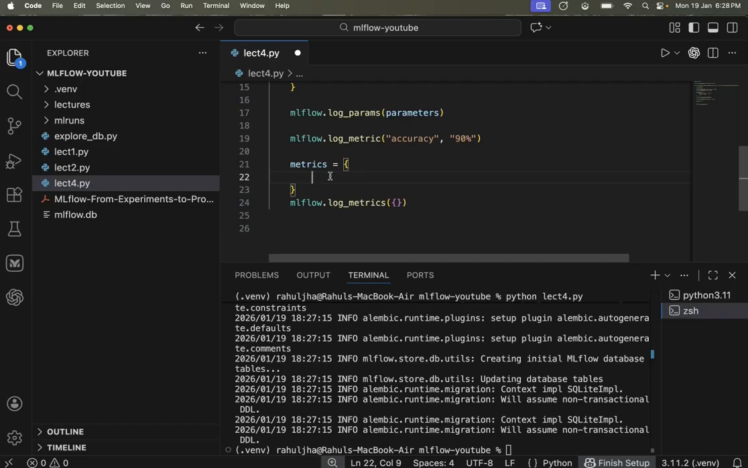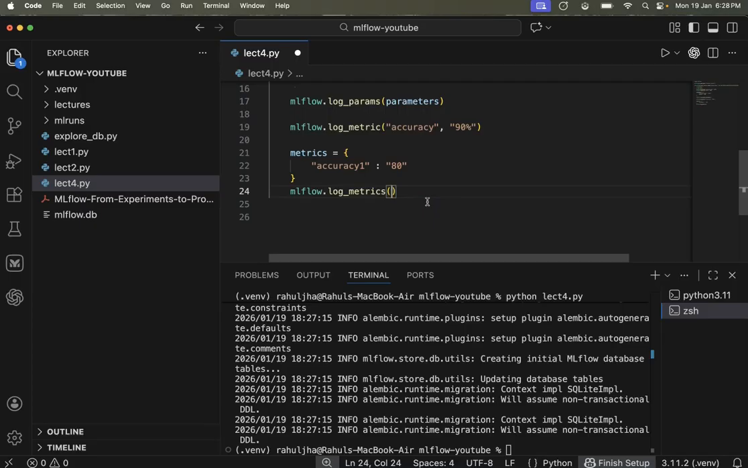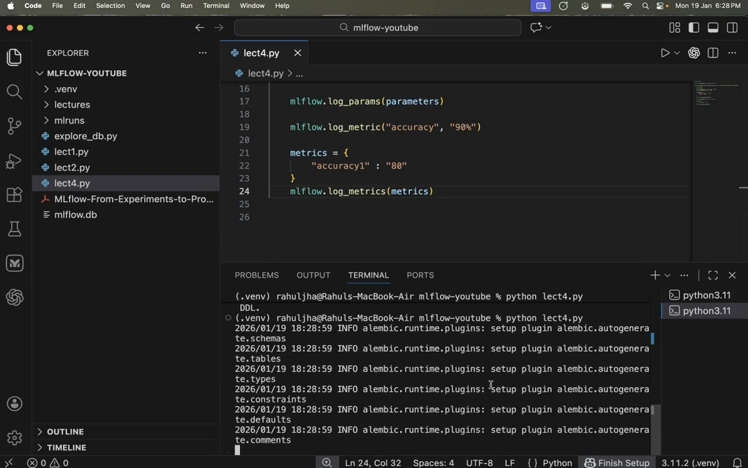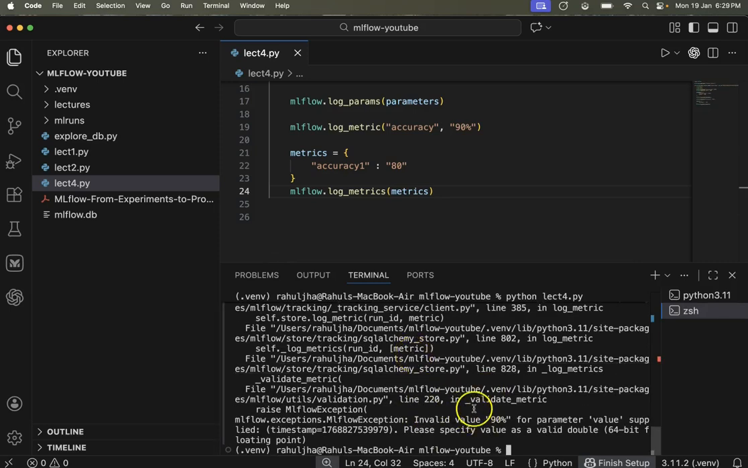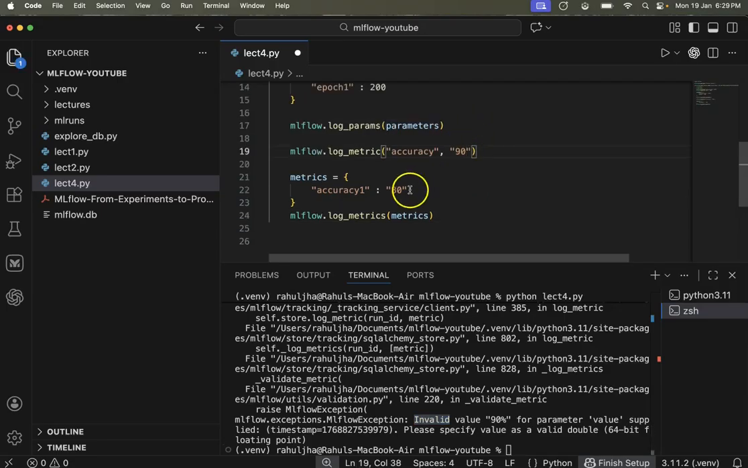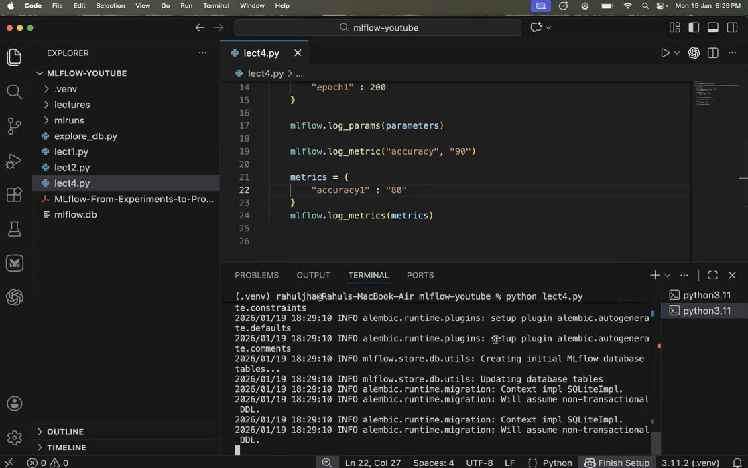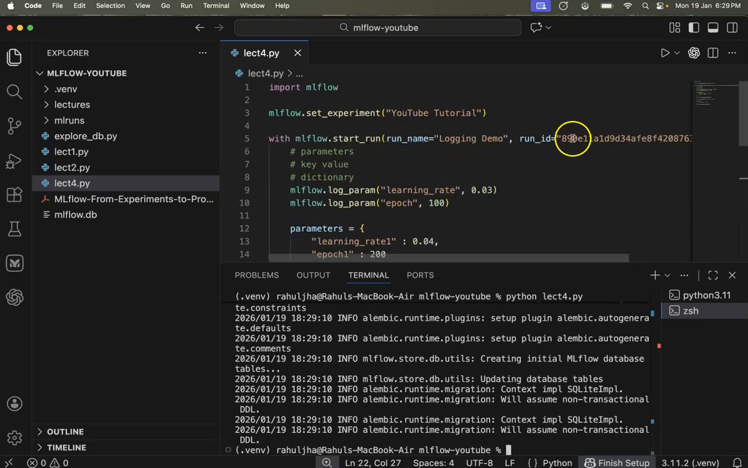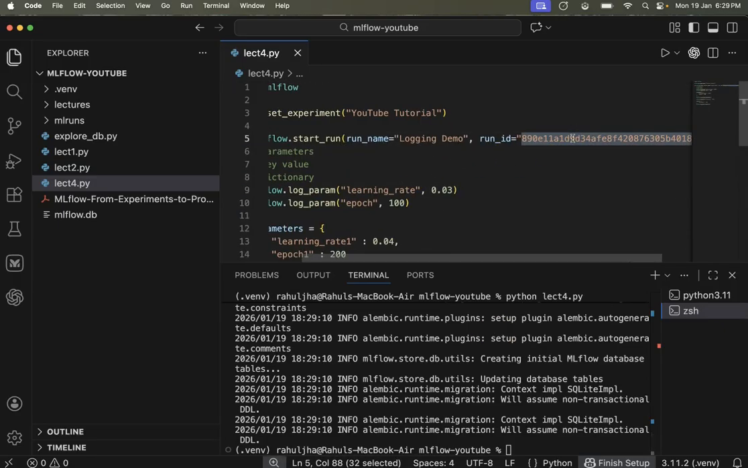This metrics dictionary can have something like accuracy, and since I have already added one accuracy, I would like to rename this accuracy as accuracy 1, and let's put it as 80. And here I would like to pass this metrics dictionary, and let's run this. This time it won't throw. One second. I see. I think this is not allowed. Let's rerun this. Okay, so this time it did not throw an error regarding the run ID,